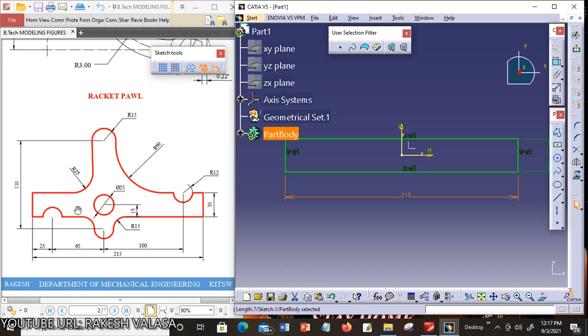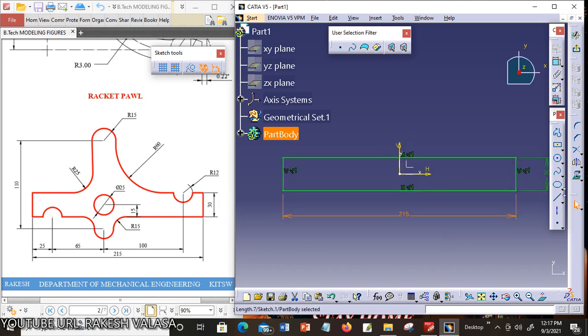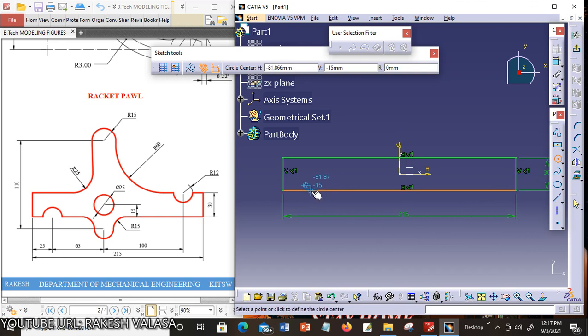Now I am going to select one circle. Double click on circle for repeating the same tool. Now I'm going to draw one circle here, and one more circle here, and also I'm going to draw one center circle here.